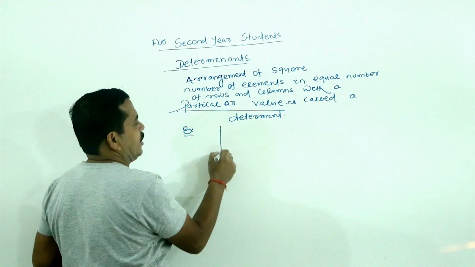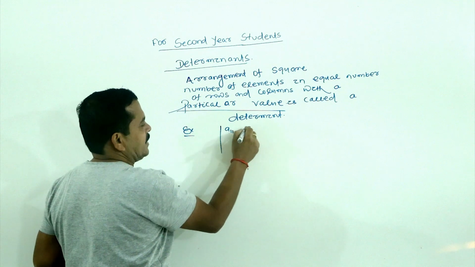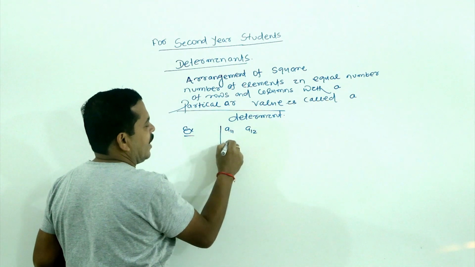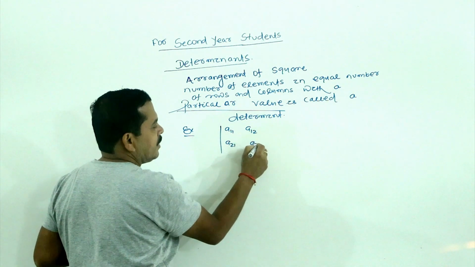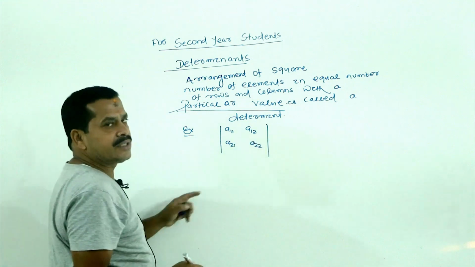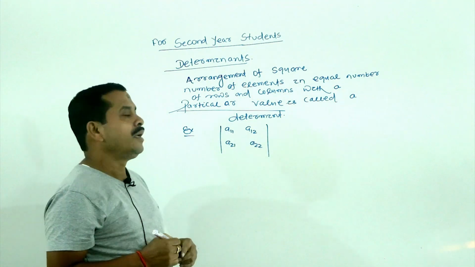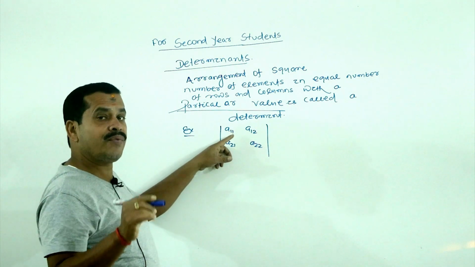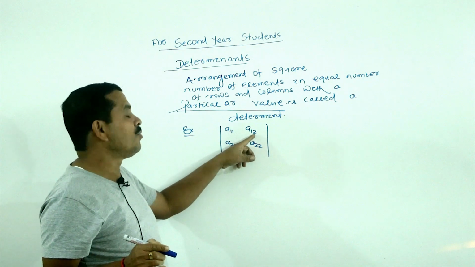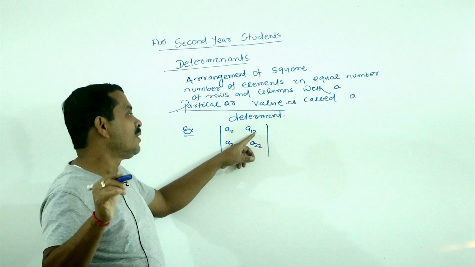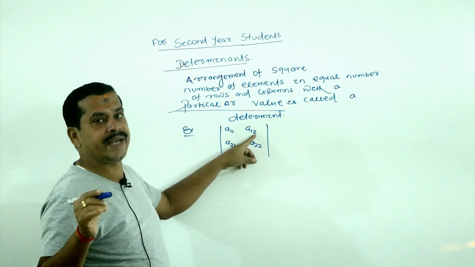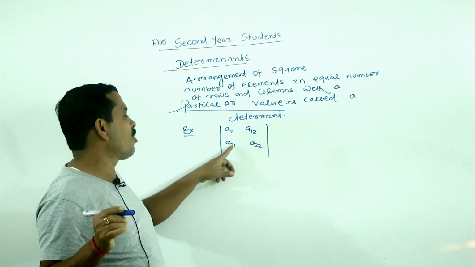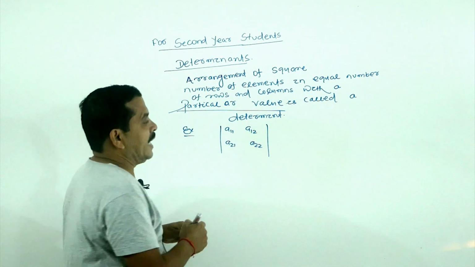Generally, a second order determinant is represented as A11, A12, A21, A22. This is a second order determinant. A11 means it is the element of first row, first column. A12 means element of first row, second column. A21 is second row, first column. Aij